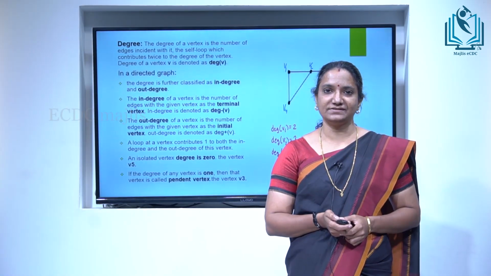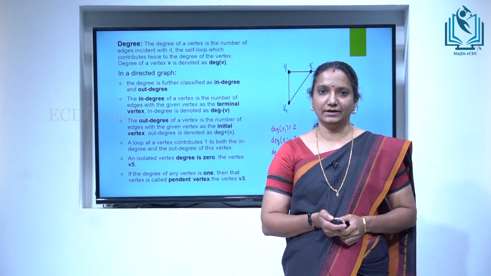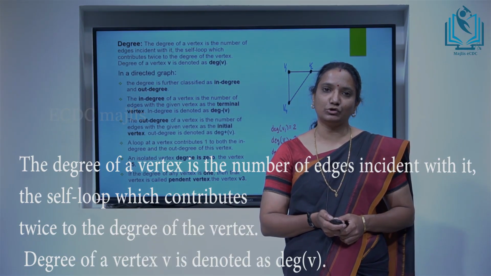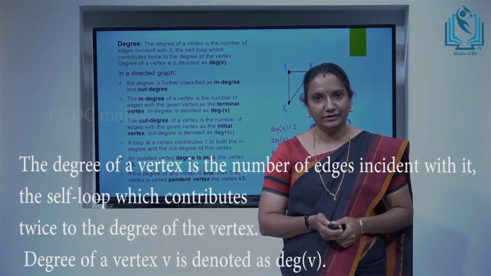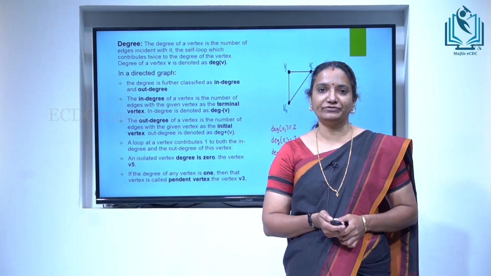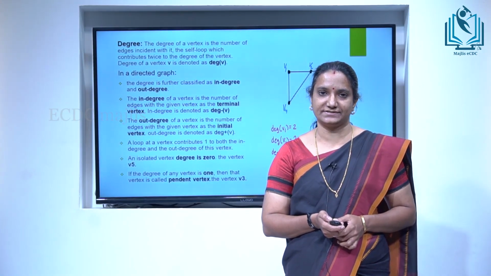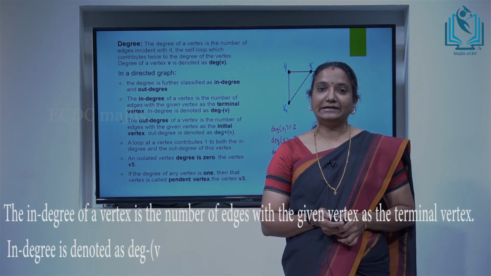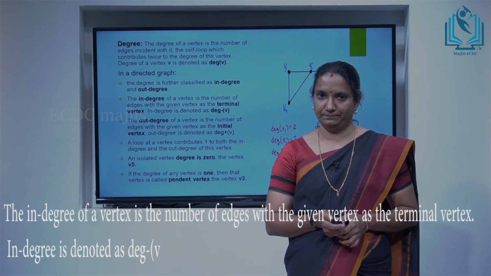And the next topic is the degree. Degree is the number of edges incident on a vertex. In an undirected graph, a loop is counted twice in the degree. The degree is denoted by deg(V). Whereas in